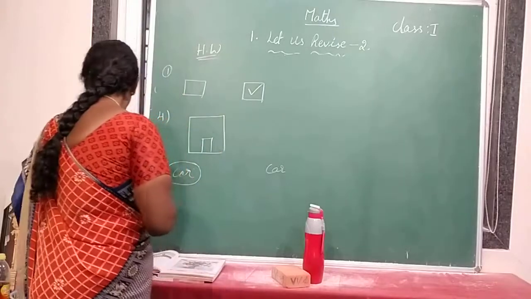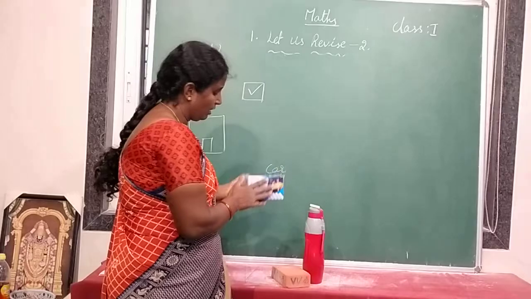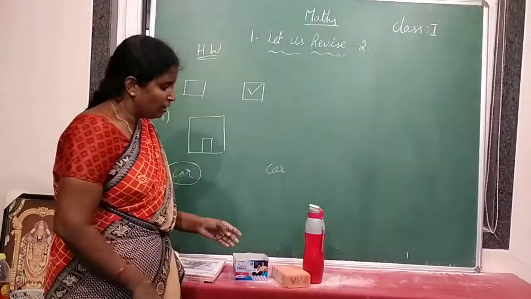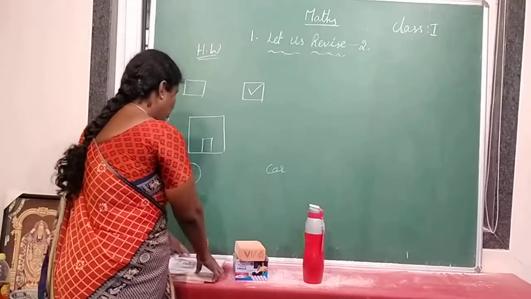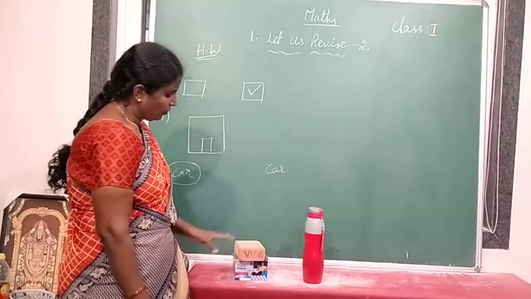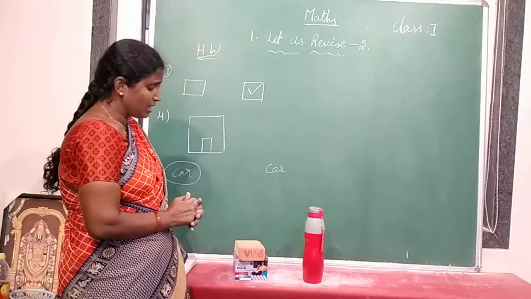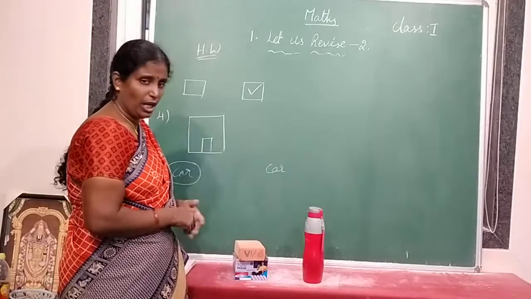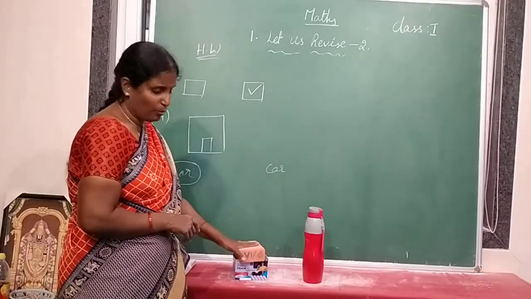And similarly, this is a chalk box. This is also an object. So, here I am keeping duster and here I kept chalk. Now, which is on the top of the chalk box? Yes, duster is on the top and the chalk